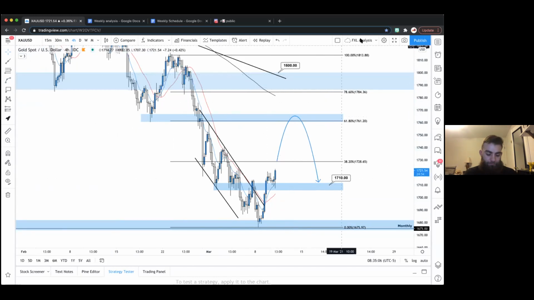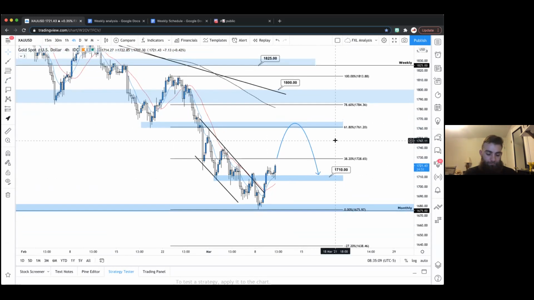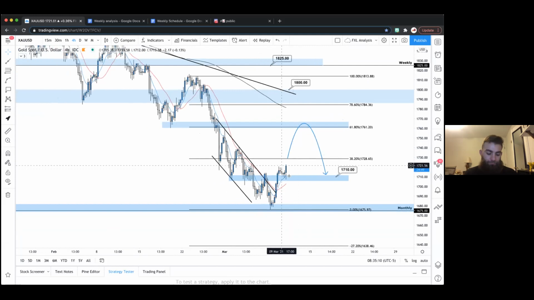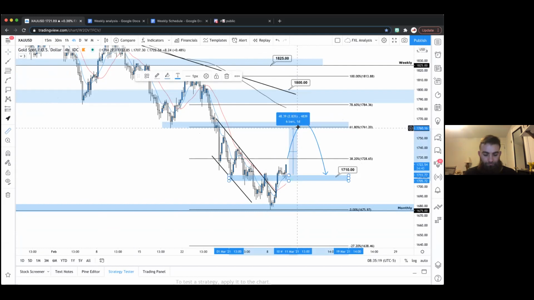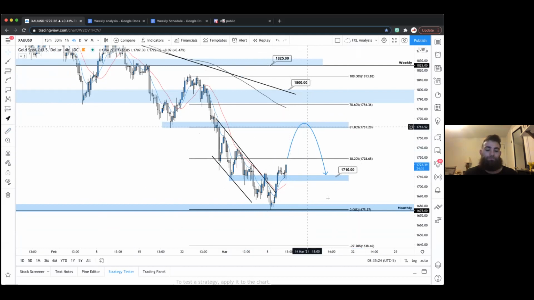And then potentially reverse. All right, that's what we're looking at. So this is where, if you are to take a long opportunity on gold, some lower time frame stuff, hold for a couple hours into 1765. And then, so is that a good 500 pips? And then look for a reversal and then target back down towards levels of support, like our monthly down here